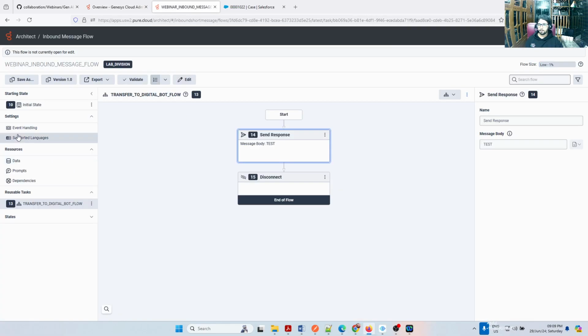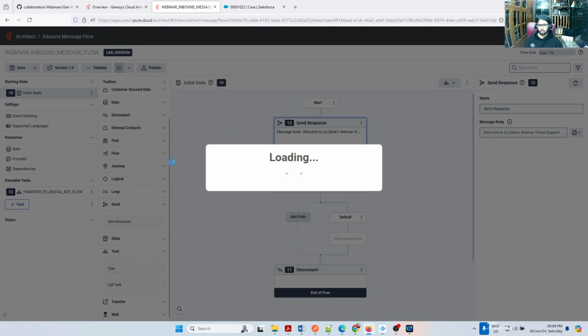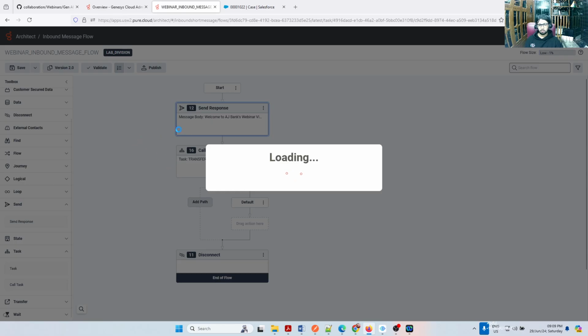Jasim, for the flowchart, you have prepared the logic on your own, right? Yeah, just an example flow. Okay, so if you go here and click edit, there will be data